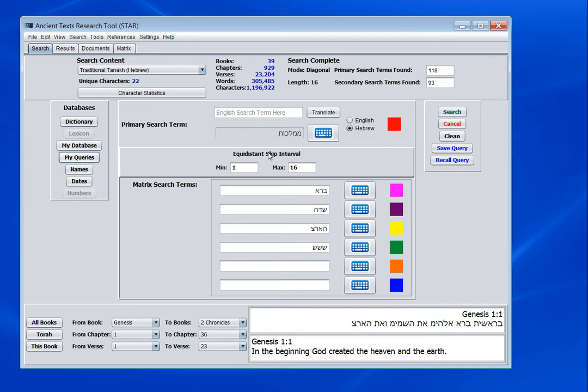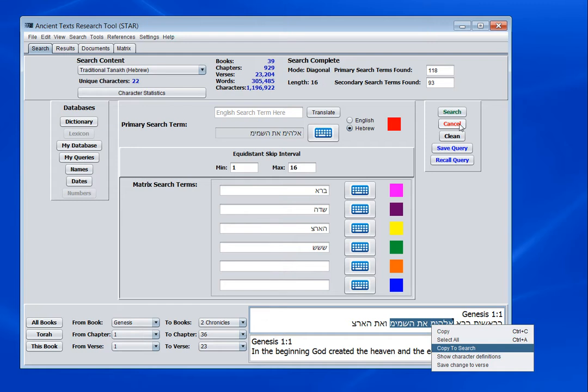Okay, so let's create a new search, and then we will save it. We'll take these three terms and copy them into search here. There we go. Let's clean it so it's all one concatenated string in Hebrew, and do a search, and we get two results. I just made that query up, but we want to save that, so we'll save it and call it